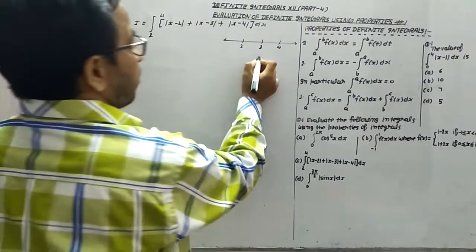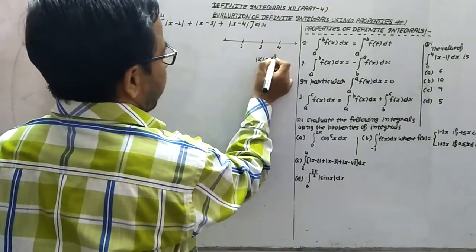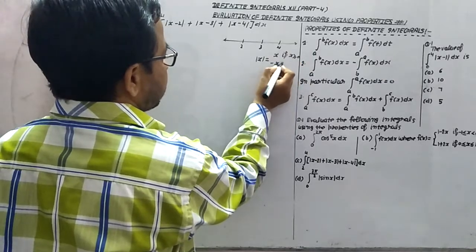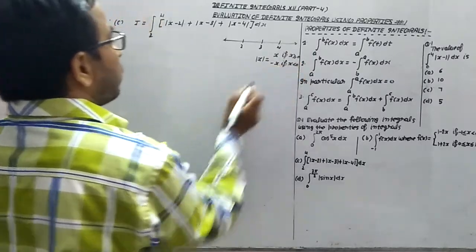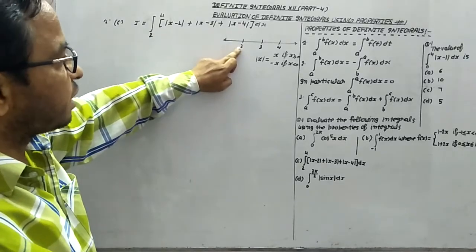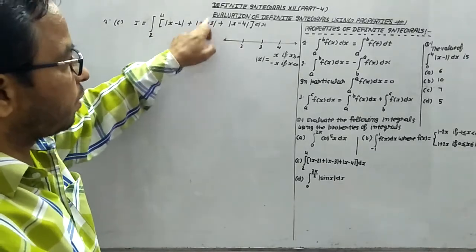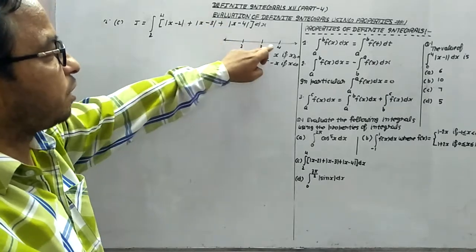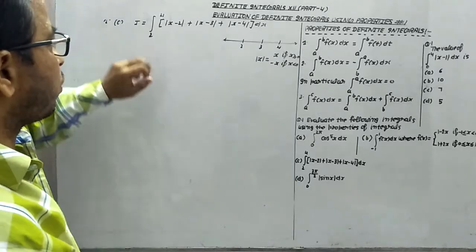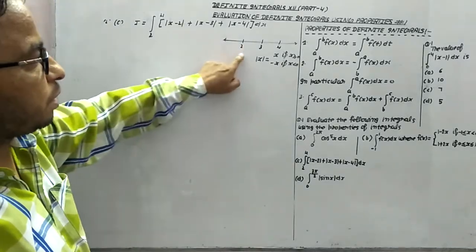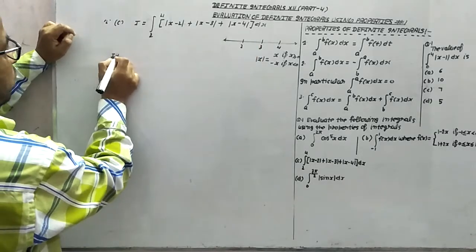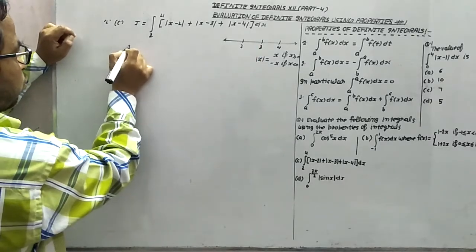As we know, modulus of x is equal to x if x is greater than or equal to 0, and minus x if x is less than 0. On the basis of this, this portion will be negative if it is less than 2, this portion will be negative if it is less than 3, and this will be negative if it is less than 4. Now first of all, we are starting with 2. It means between 2 and 4 we can introduce 3 only. So in this way, first of all, we will split this function at 2 to 3.